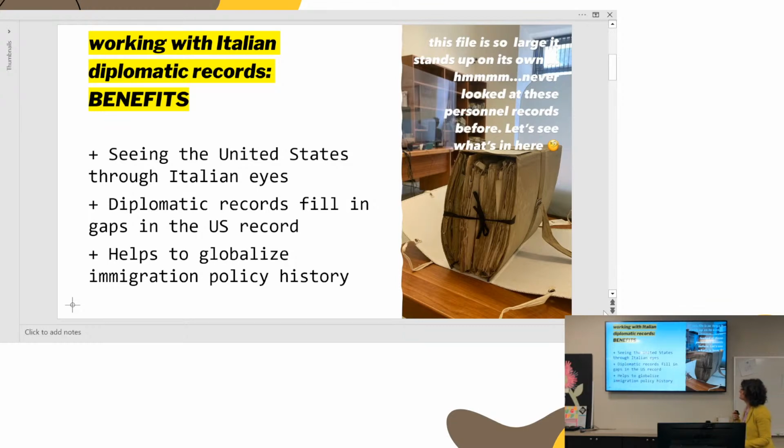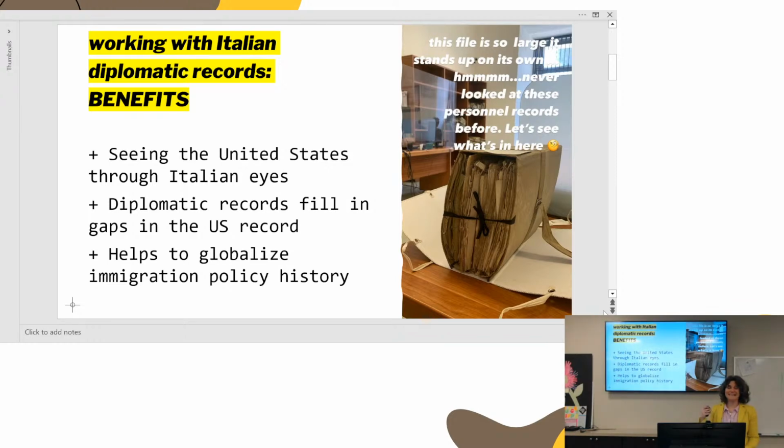in particular is that we start to see the United States through Italian eyes. And this is important not just because Italy was one of the major sending states for the US population, and here where we live in the Northeast, we still have a significant Italian American population, including maybe some people in the room. But the other thing is that we see the United States through Italian eyes, in particular at the height of Italian mass migration. So when Italians were beyond a doubt the largest group entering the United States at the time, right at the moment that the US is trying to create this gatekeeping system.